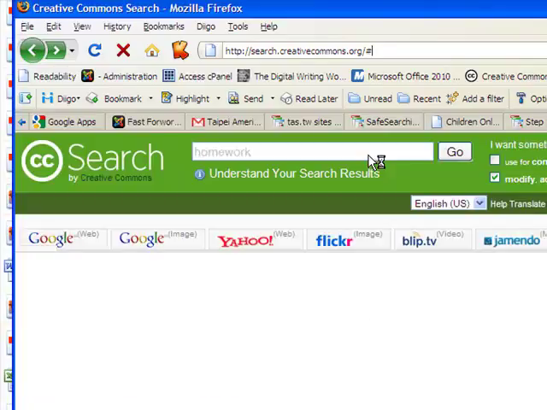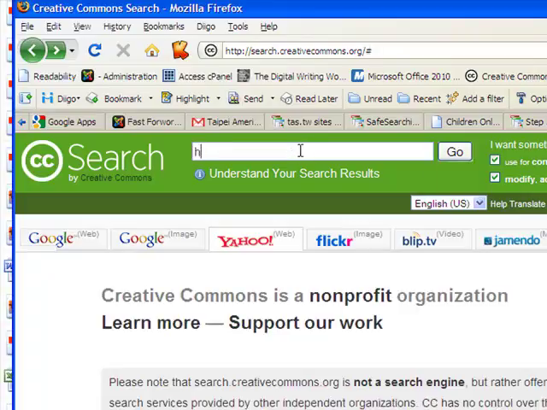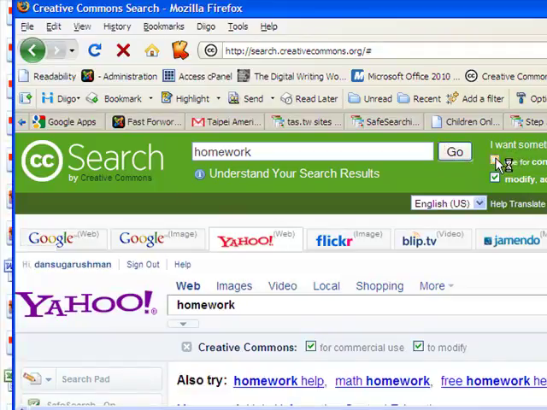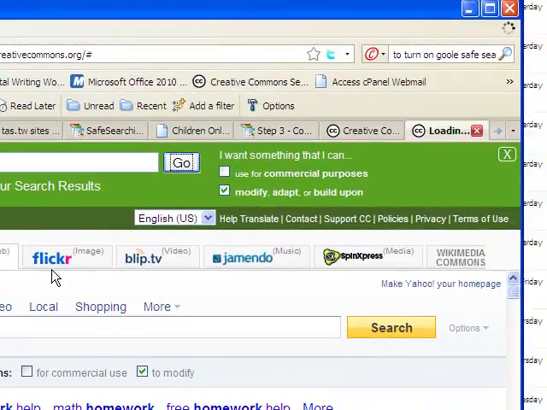Okay, I've got one more image search engine that I want to show you. It's slightly different from the others, and it's Flickr here. So let's quickly put homework back in here again. I've lost my query, and I can see it's checked for commercial uses. That will limit the amount of images that I find, so I'm just going to say go again, and it's going to search again. And now I'm going to go into Flickr right here,